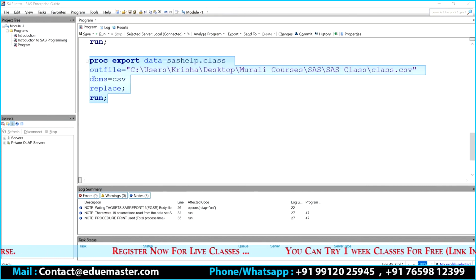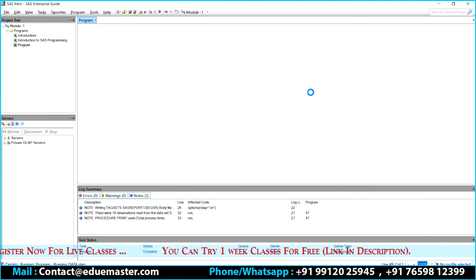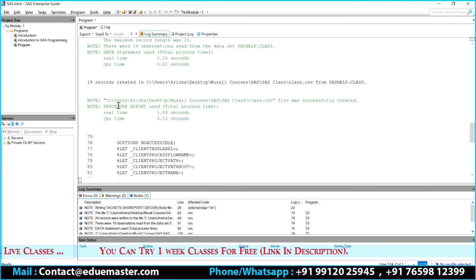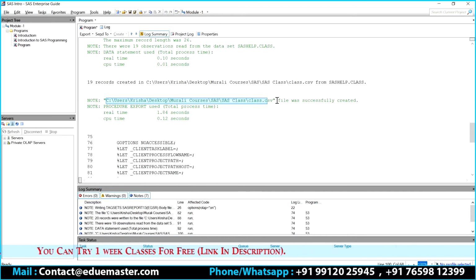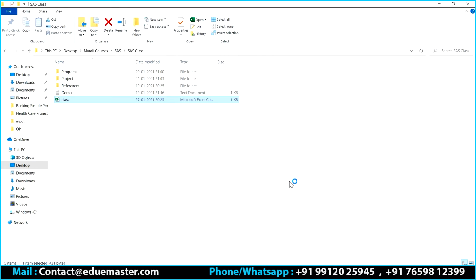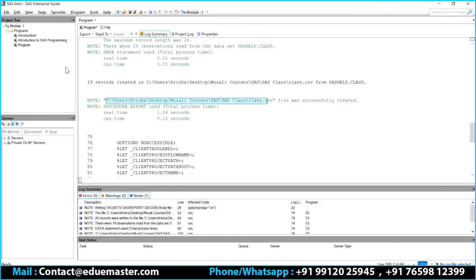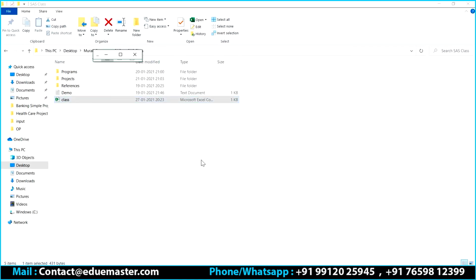Now you can see the moment I run this particular file, class.csv is successfully created. If I open this, I have the same content I can see in my print file, that is, whatever I can see in my listing file. The same output I can also see here.